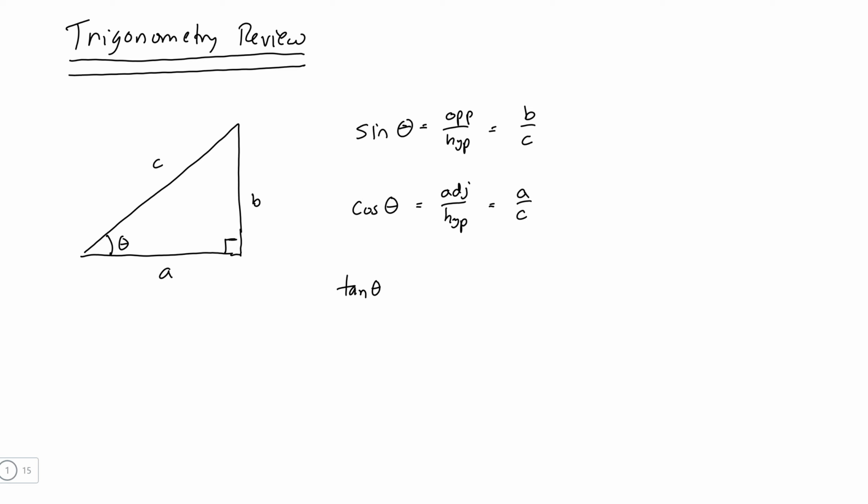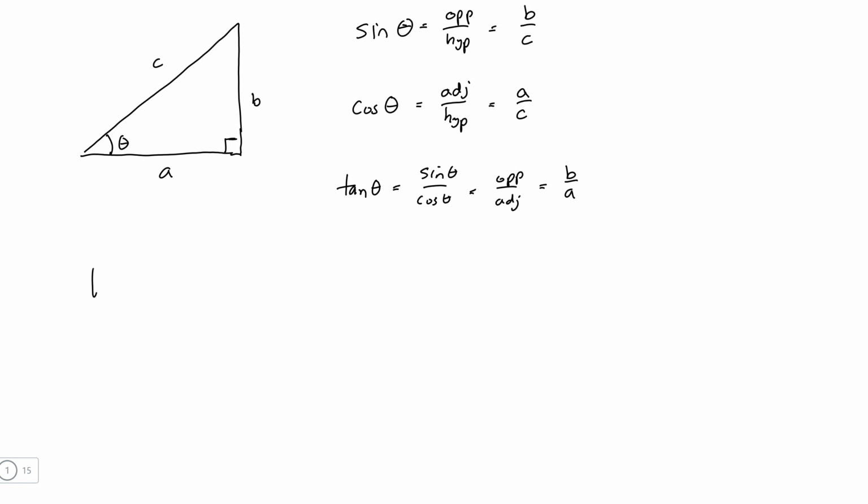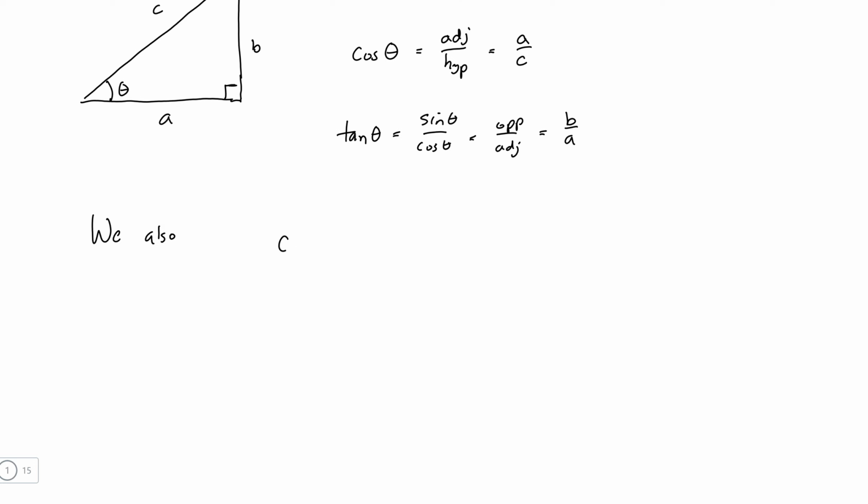And then tangent of theta is sine over cosine, which is opposite over adjacent. So this is B over A. So those are our basic definitions of our trig functions. We also have cosecant, cotangent, and secant. So just as a refresher on those, we won't spend much of any time in this